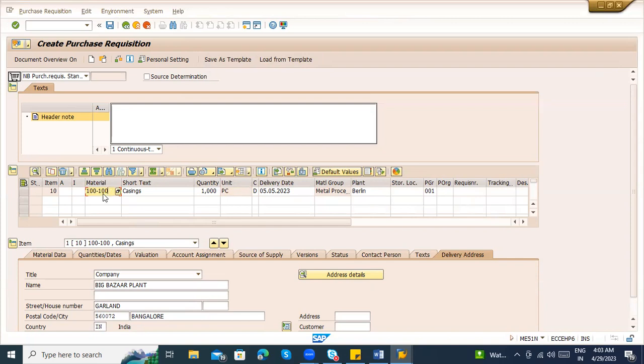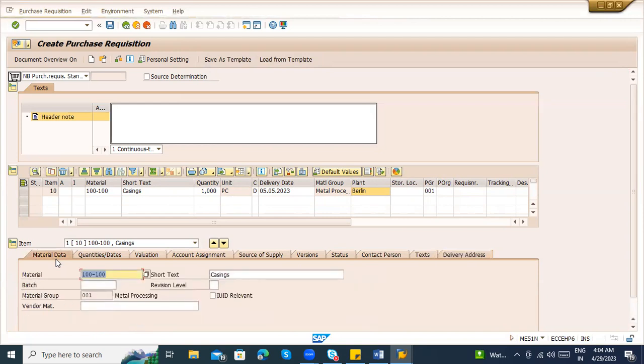So this is the description of the material, and this is the unit of measurement. This is the group of the material, metal processing material, and the responsible group also comes from there. The plant address maintained for the material is also captured automatically. If you go to the material data information, there is some